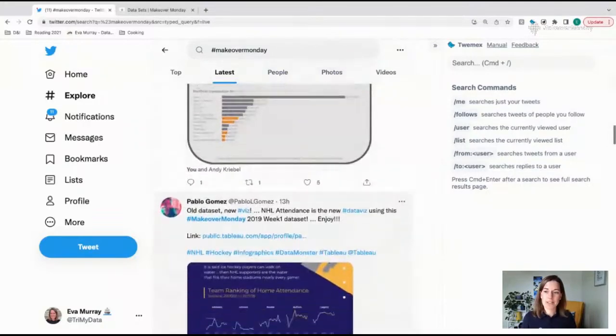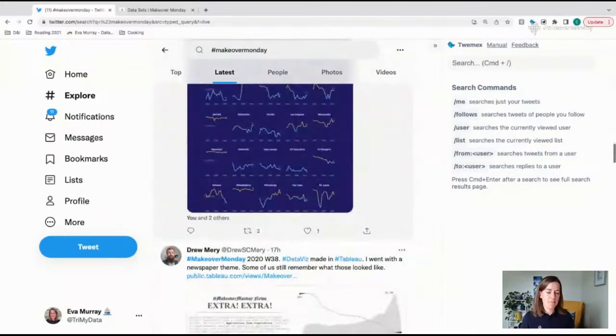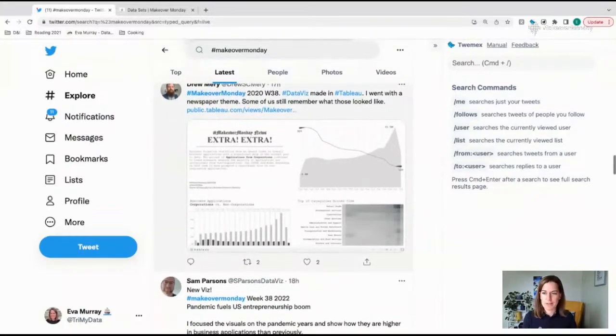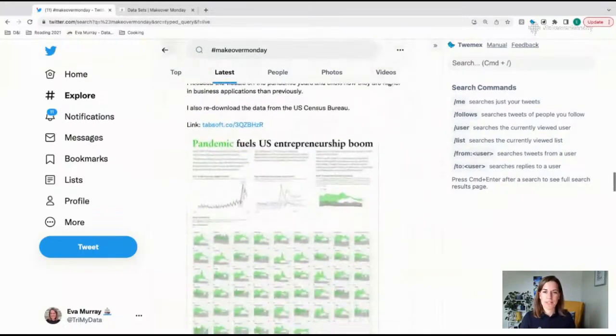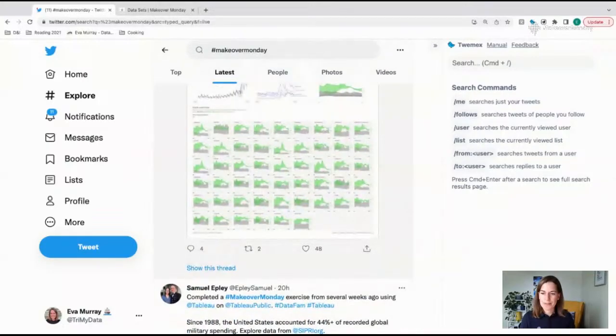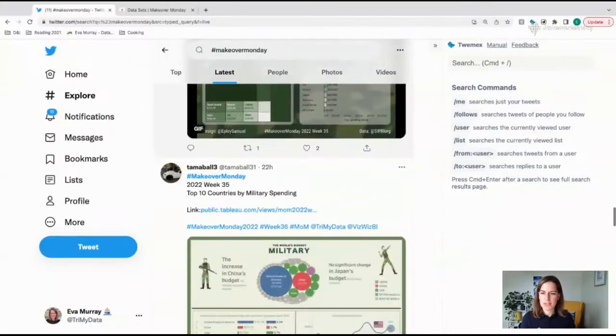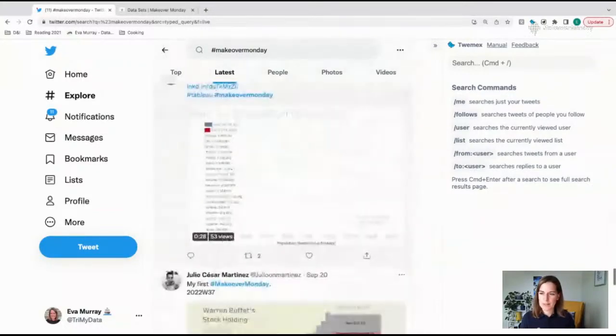So the idea of this session is to provide people with some feedback. I might not get to your viz, but I'll get to a bunch of vizzes that hopefully you will benefit from the feedback as well, and you can incorporate it into what you're doing. And I'm going to try and cover a variety of visualizations so that we don't just look at bar charts for the next half hour.